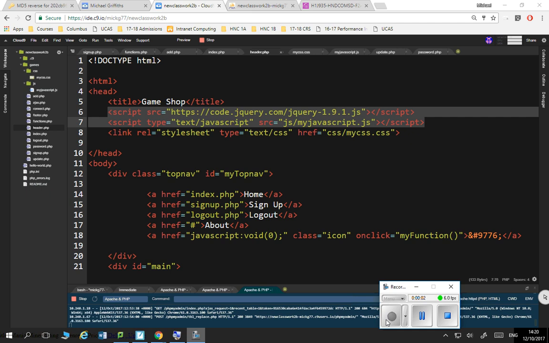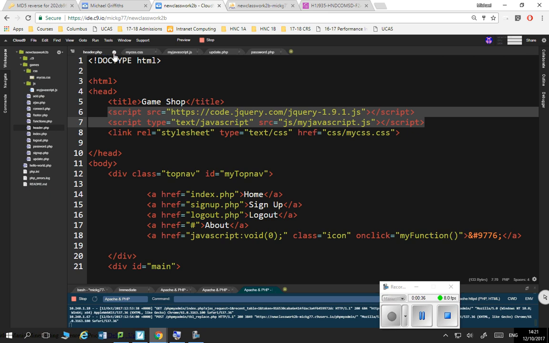Okay, so in this example, I'm making sure that in header.php, I've got a link to the jQuery library first. Because if you don't link to the jQuery library first and then you try and reference it, it will cause an error. And then a link to my JavaScript file, which I put in this folder over here. I'm just going to close a few files. I don't need too many files open for this, right? So once I've established that I've got those two files set up, I can close the